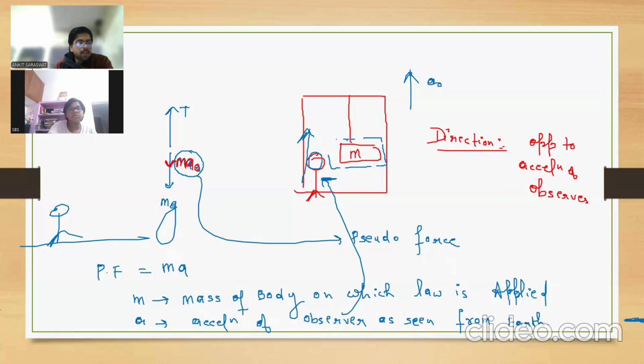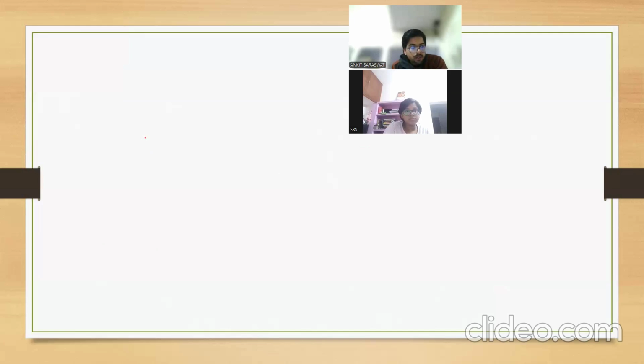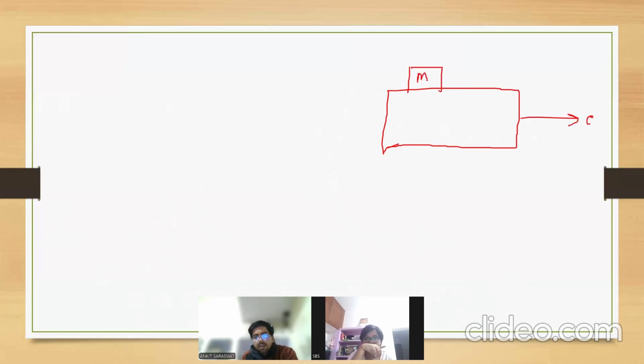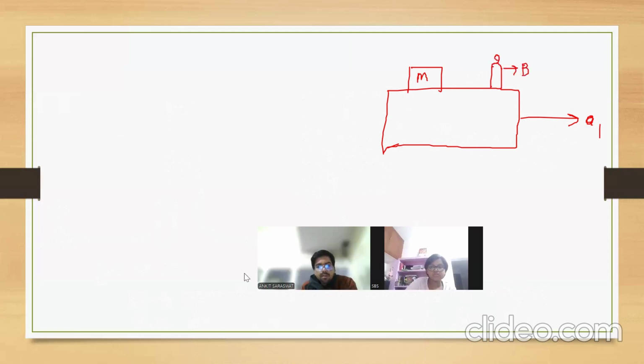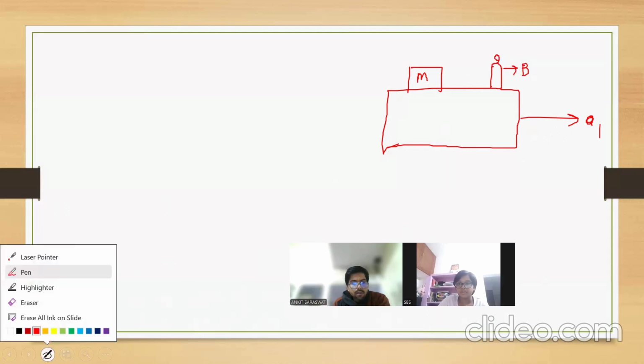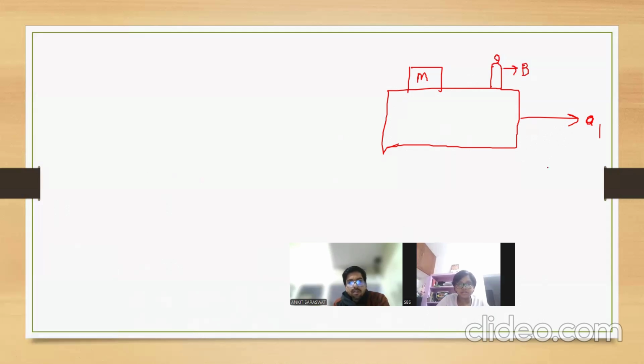Little bit, I will ask some question. Quickly give me the answer. This is the object which is placed on this moving train, which is moving with a1 acceleration. Okay. According to observer B, apply pseudo force. What is the direction of pseudo force? Left direction. Very good. If I draw the free body diagram of this, it will be